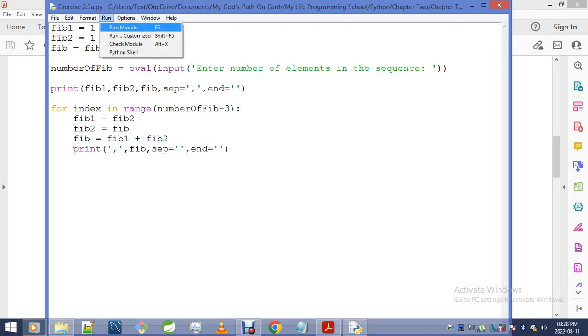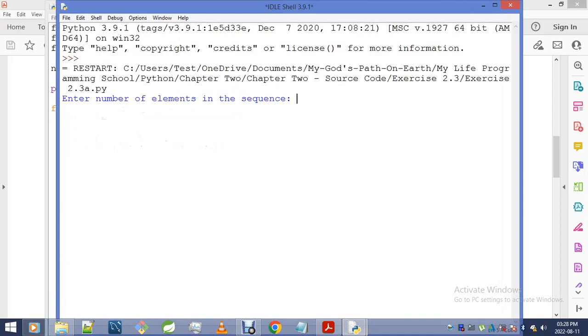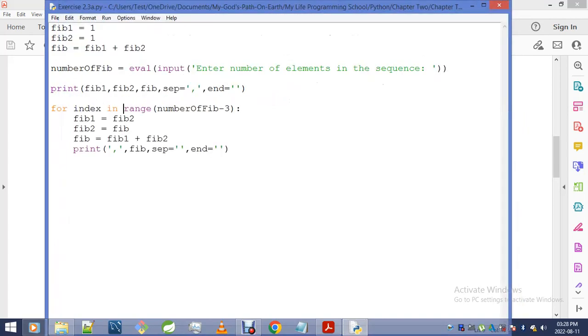Check this out. The program is going to have a problem if I enter some number less than 3. You see, it doesn't give me the first 2. What it does is it gives me the first 3. That is why, in order to make sure that we're good, I should always